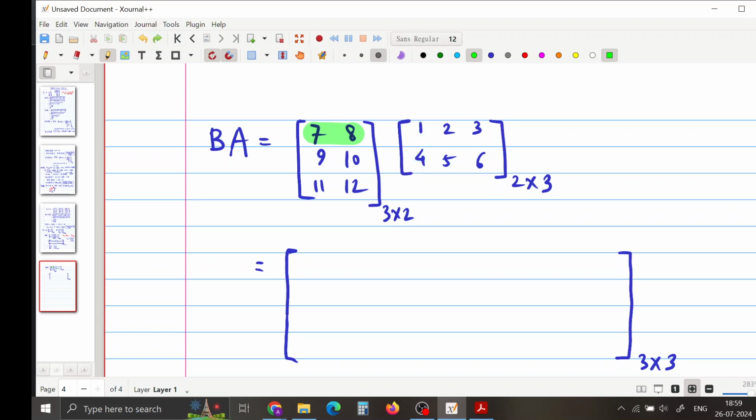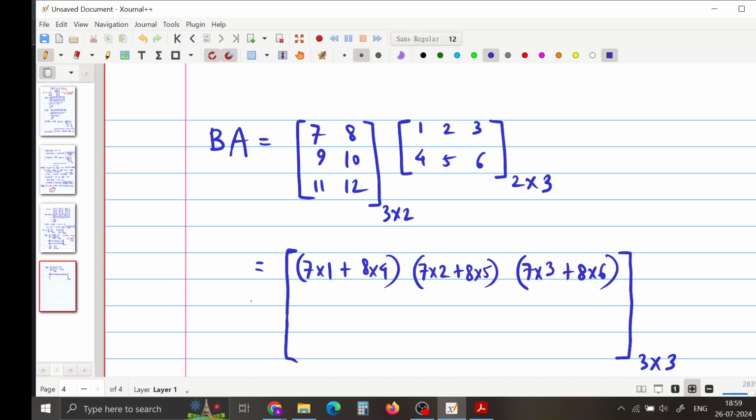Good. So I'll just quickly finish this off. This is 7 times 1 plus 8 times 4. And similarly for the entry 1 comma 2, you will get 7 times 2 plus 8 times 5. For the element 1 comma 3, you will get,